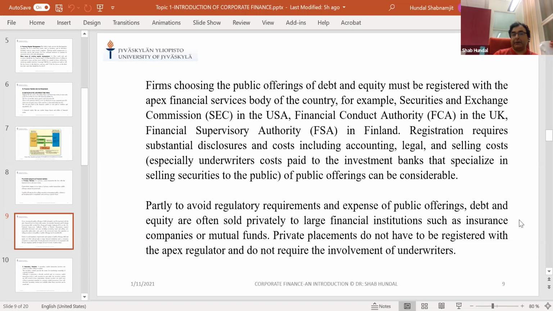And this is a very European phenomenon, that here you have the small investors, few number, but they are very big. Like if you look at the Finnish companies' share ownership, you will find some big players. There are some shareholders who are holding 30%, 40%, or even more shares. Whereas it's not possible to see such substantial thickness of ownership in the US companies. So when the ownership is thick, is more condensed, when you have small number of large shareholders, in that case, the private placements are more